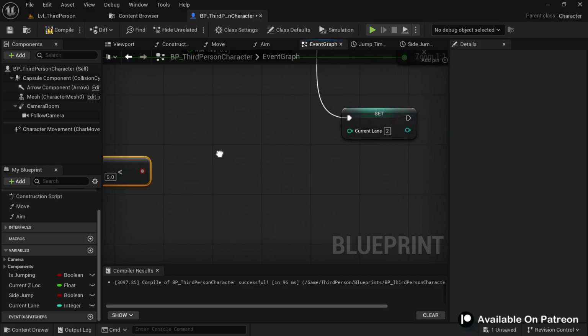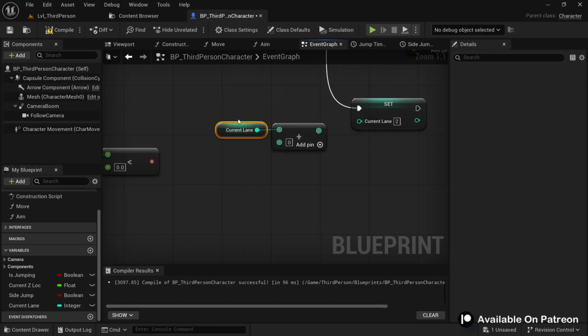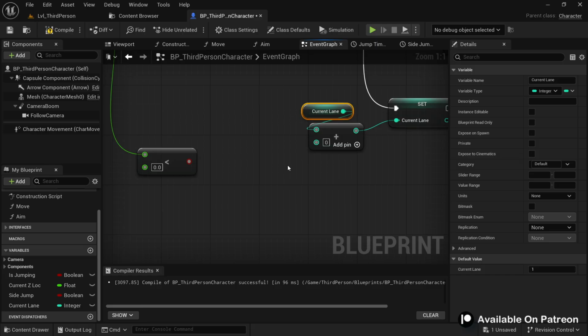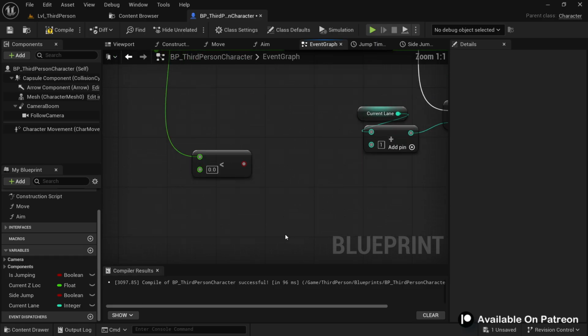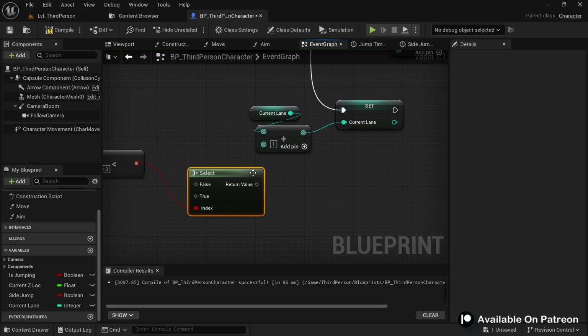So in that case, we are going to subtract the lane value by 1. For that, let's first get the current lane and get an addition operator and plug it here. Now we are going to either subtract 1 or add 1 in the current lane based on where we move. So here, just to avoid the branch, we can use this select node and plug this return value to